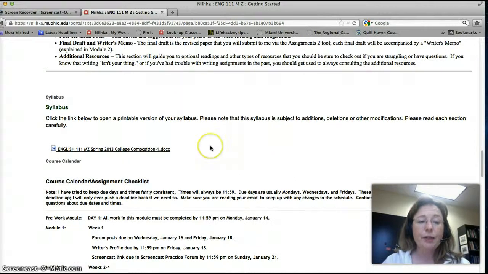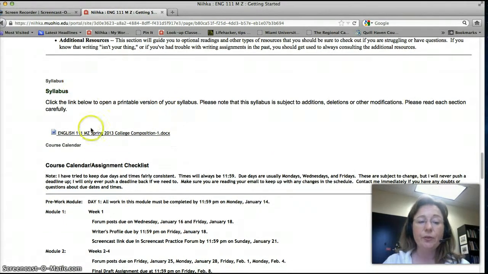All right, as you go down in the Getting Started section, you have a syllabus. So here's the syllabus link. It's an actual document. There is some information in the syllabus that does not necessarily appear here, so you want to download that, read it very, very carefully. It contains the course policies, and all of that is very important, and it may answer questions that you might have as the course continues. So I always tell my face-to-face students, if you have a question about the course or the course policy or the grading, check the syllabus first and then ask me, because you may be able to find the answer to the question yourself.